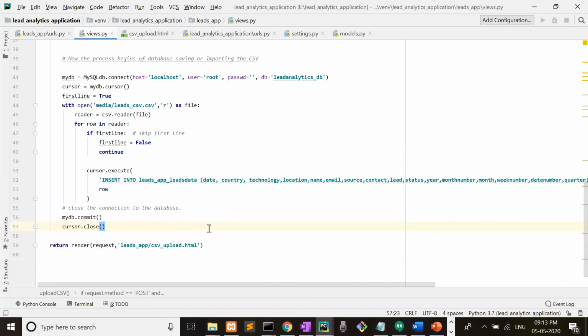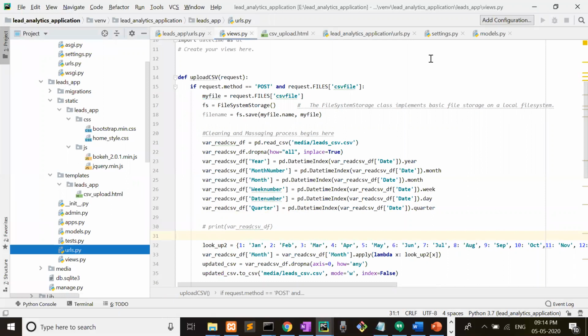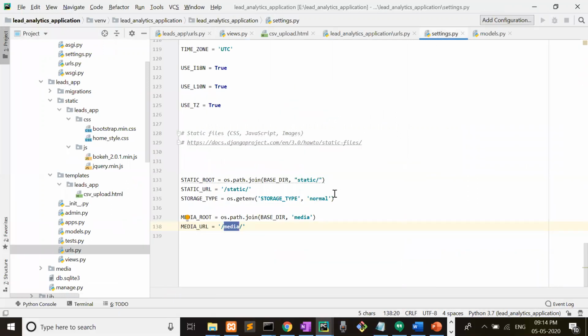So in this way, this is the procedure of uploading the CSV and then performing some data science actions on it, cleaning and massaging, and then saving it into the database. Once again, a quick recap. Here, first of all, you have done some settings.